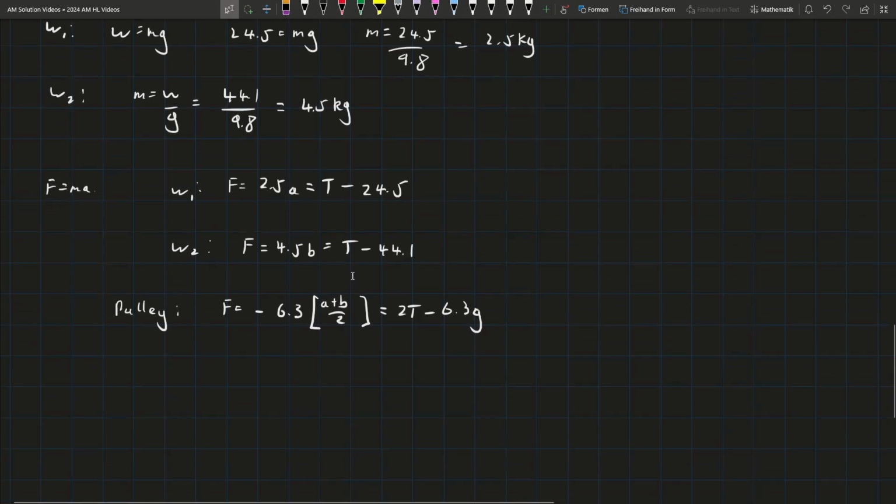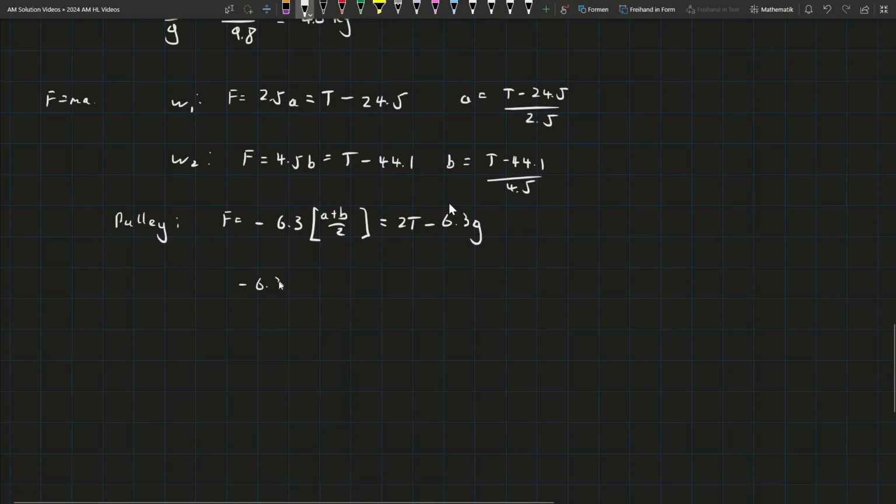Now, in order to get T by itself, we can replace this a and this b using these equations. So we can say here that a is given by 2T minus 24.5 over 2.5, and here b is given by T minus 44.1 over 4.5, and we can sub these into here. So we'll have minus 6.3, I'm going to take the 2 out for ease of access. So now inside this bracket, we don't need to worry about that 2, we just need to worry about the a plus b. So we'll have (T minus 24.5) over 2.5 plus, and then b, (T minus 44.1) all over 4.5